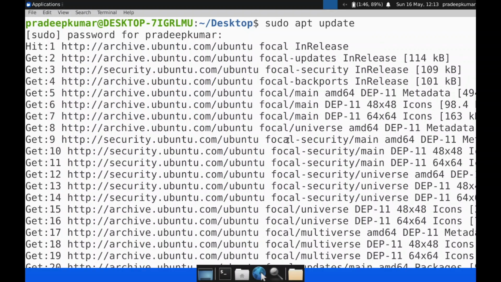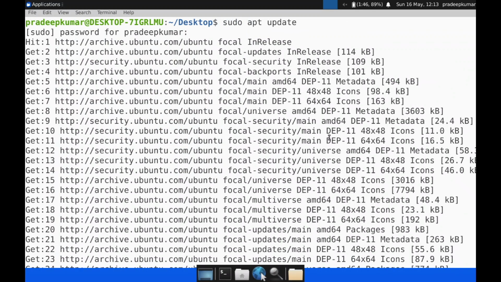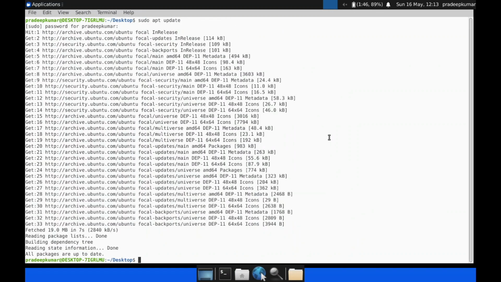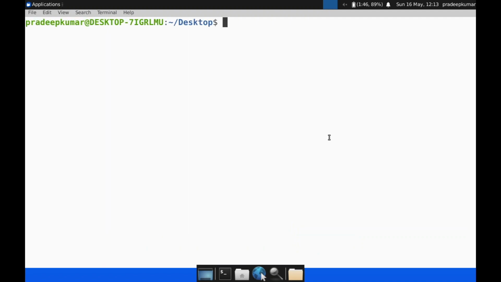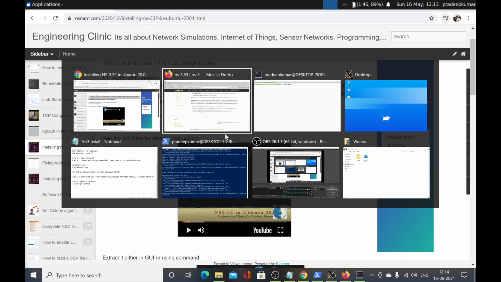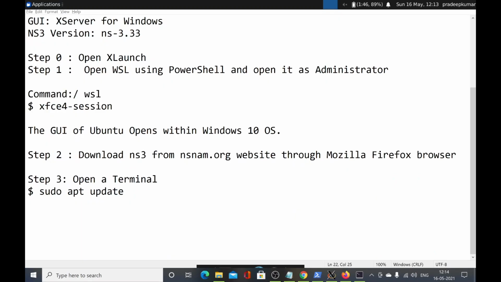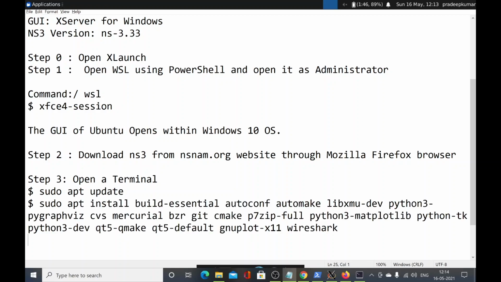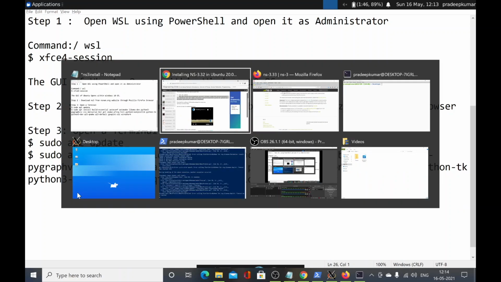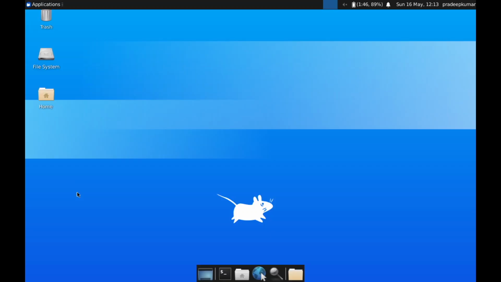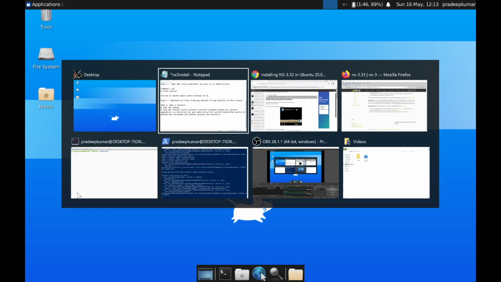Afterwards, we have to download some prerequisite software for NS3. I already have these on my blog at nsnam.com. I visit the blog, and these are the prerequisite software. I just copy it and paste it here. In the next prompt you can copy and paste these lines, which I have given in the description window. You have to run this entire set of commands. This is for development libraries, Python libraries and the Python graphics package. All these things we have to install.